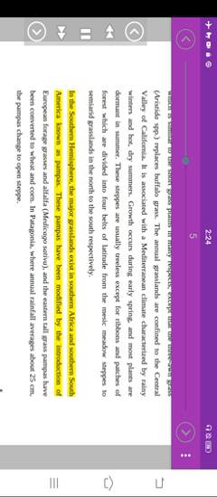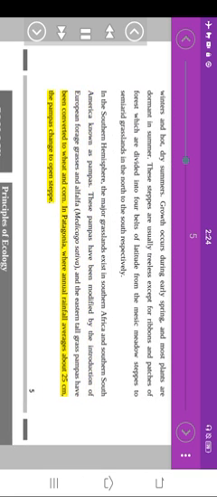In the southern hemisphere, the major grasslands exist in southern Africa and southern South America, known as pampas. These pampas have been modified by the introduction of European forage grasses and alfalfa, Medicago sativa, and the eastern tall grass pampas have been converted to wheat and corn. In Patagonia, where annual rainfall averages about 25 centimeters, the pampas change to open steppe.